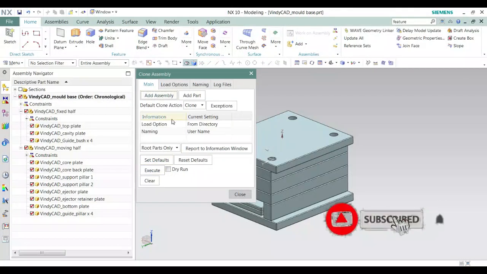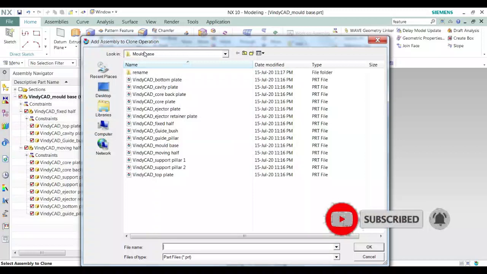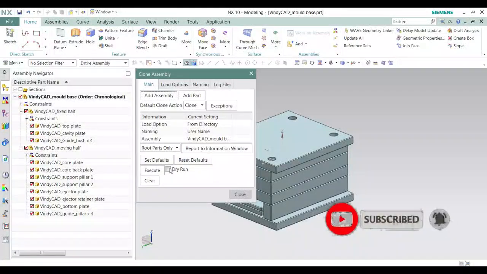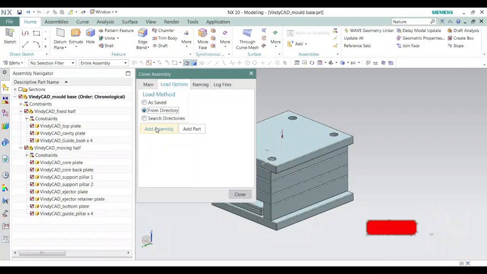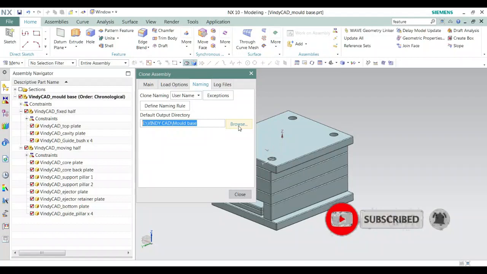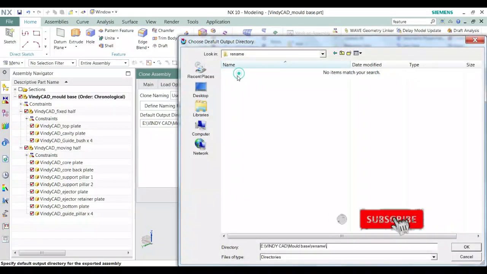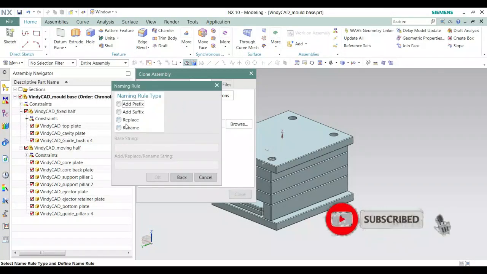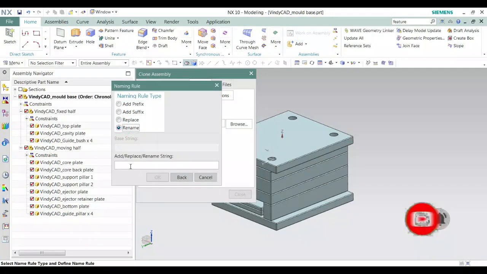Same way I'm adding a main assembly. IndiCAD underscore is my main assembly this time, and you can add from here also. Here also I'm giving a root new folder. In this new folder, the replaced clone is going to be added.